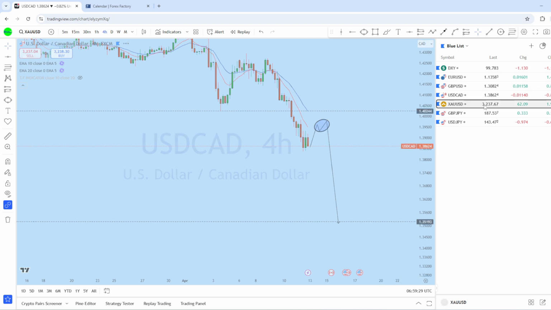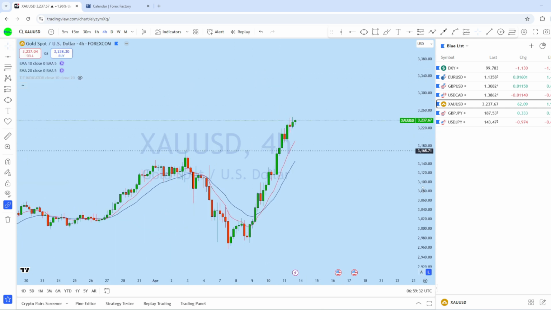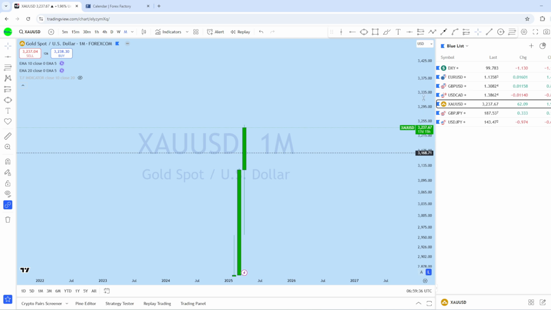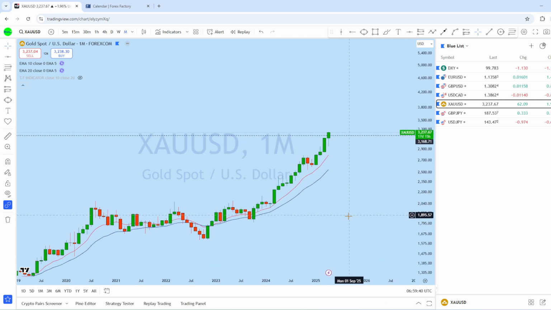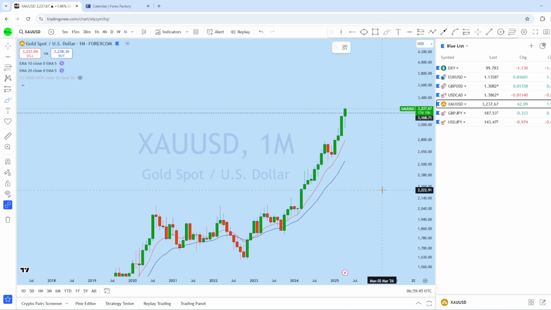Now let's look at XAUUSD. Let's see what kind of trading opportunity we have in this market. Now looking at the monthly chart on XAUUSD, we can see that from the monthly, this is a strongly bullish market at the moment. And if we look at the historical perspective on XAUUSD, we can see that there is